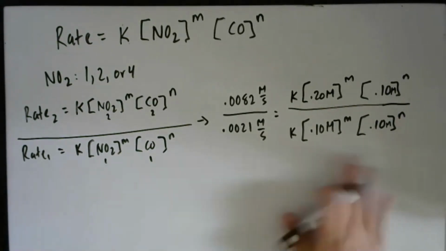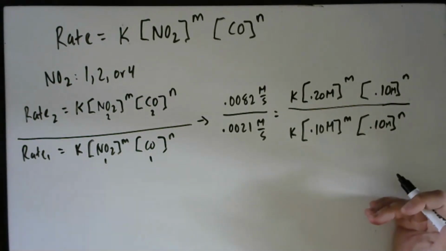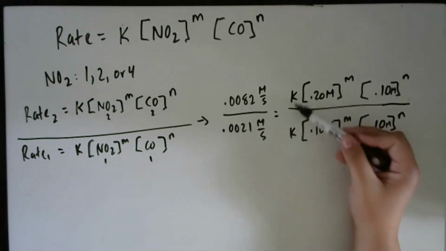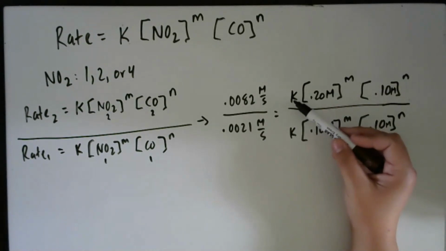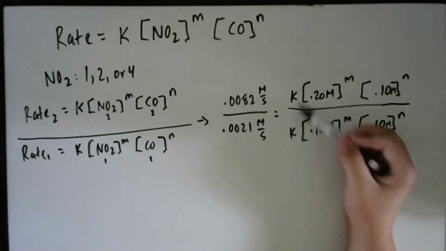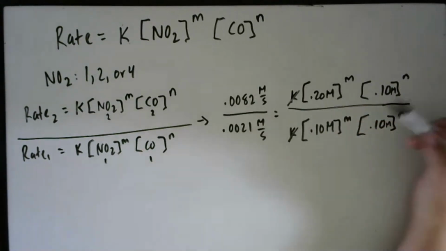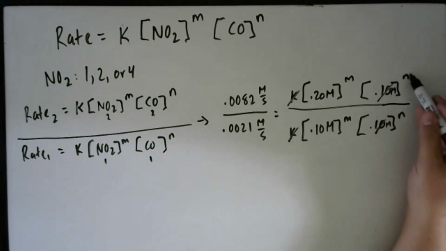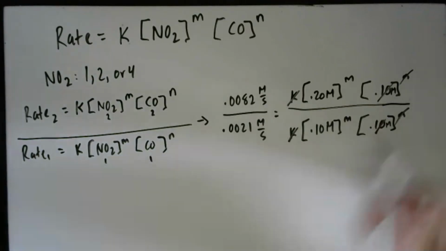Okay, when you compare these now, you have to think about what can cancel out of this expression. So K is a constant, right? So K is not going to change between trial 2 and trial 1. Because these K values are the same, if you divide two things that are the same value, they're going to be 1. So they're going to cancel out. 0.10 divided by 0.10 is going to be 1. So it's going to cancel out. These N values are the same. They're going to cancel out. So now what we're left with